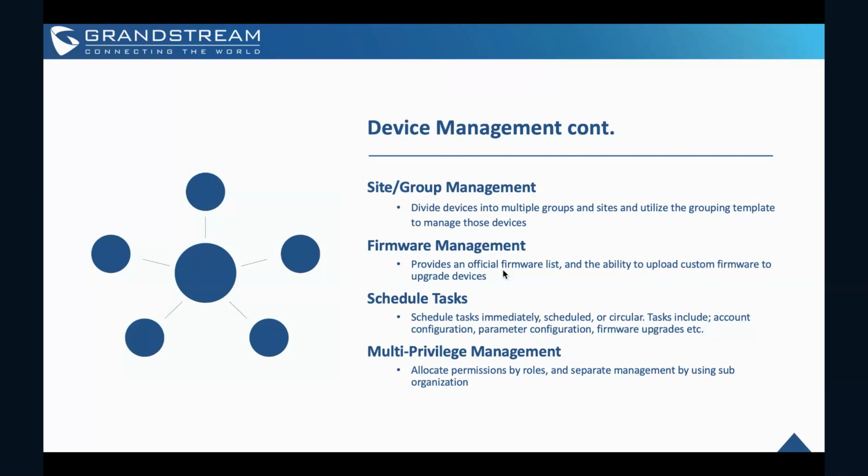And then obviously we have multi-privilege management. So we can allocate permissions to people based on their role and have separate management by using sub-organizations. So what it means is we can then allow people to only be able to see and manage devices specific to their job role or specific to their company if we're up at the service provider level. So we're not necessarily going to give access to everyone to have access to all the sites, but then as a super administrator, which is what we would be as the key account holder, we can then have visibility of